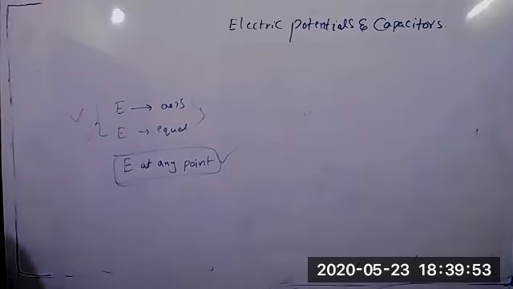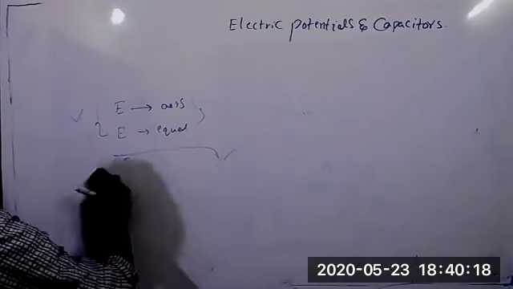Sir, so this concept is very important. In this chapter only potential on the axis, potential on the equator and potential at any point are important. That's all. Potential on the equator is already 0, so no need to calculate that. So potential on the axis and potential at any point: remember these 2 questions, and you can get one question. The concept is very important for that.